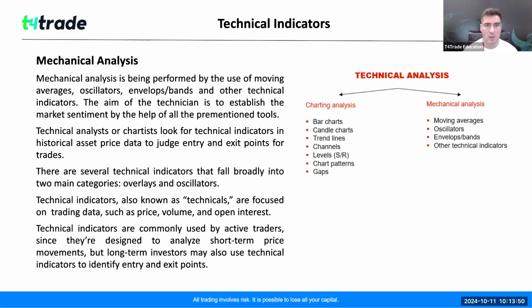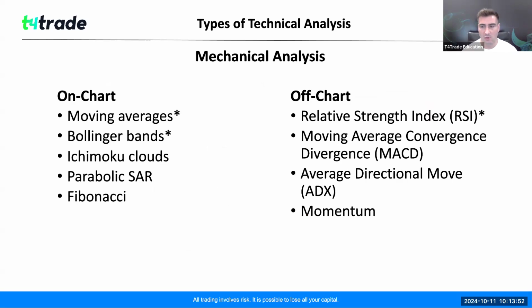Okay, so again, the split of this category, the mechanical analysis category: you have on-chart and off-chart. Pretty self-explanatory. Off-chart, they go below the chart. So relative strength index, the RSI, we've talked about it last week. Moving average convergence divergence, ADX, the average directional move, and momentum all go on a separate panel below the